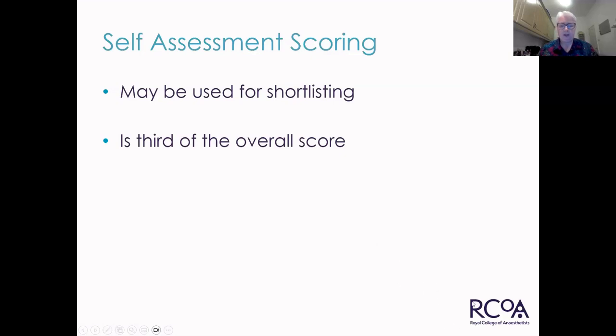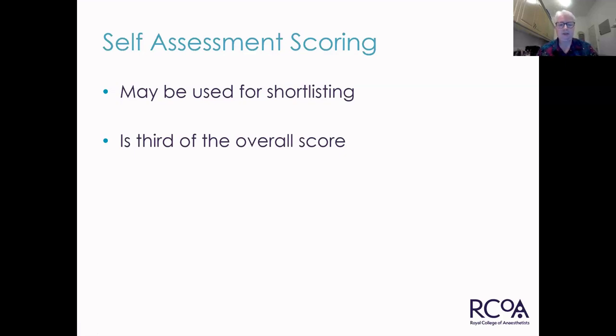You're probably aware, and I hope most of you, if not all of you, have looked on the ANRO website, because all the documents relating to the recruitment process for ST4 are up there live for the August 25 recruitment round. There you'll find the applicant handbook, plus the specific documents related to self-assessment, as well as a lot of other useful information.